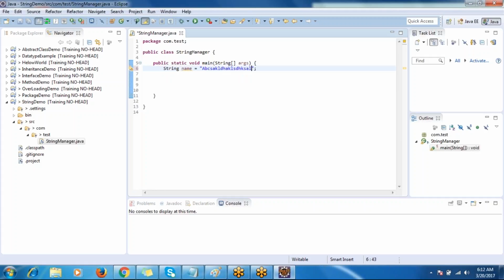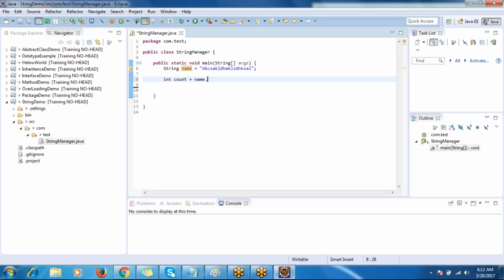Now it's difficult to count, right? So to count the number of characters available as part of this variable name, there is a count, it's a number. So let me write count equal to